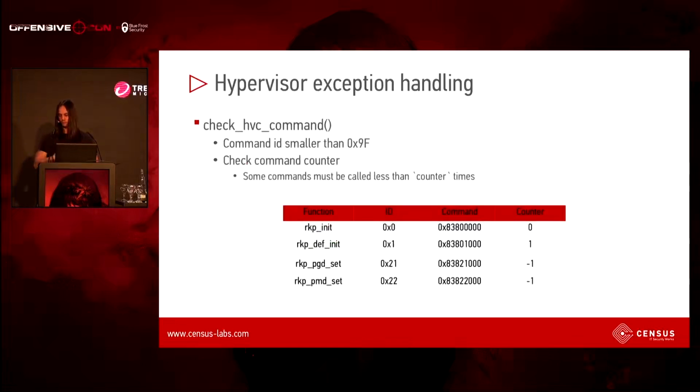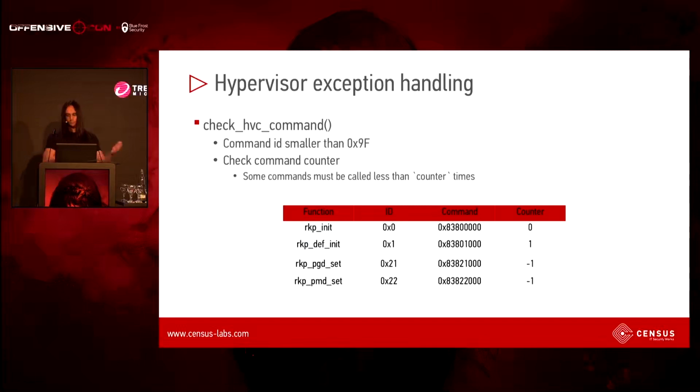But before discussing the function, let's see, for example, the second entry, which is RKP deferred init with ID 1. So how do we fix the command for this ID? We shift 1 by 12. So we get hex 1000 and OR it with a prefix. So you can see right next the command that is required to be in x0 for us to reach RKP deferred init. The check HVC command function is RKP specific, and we're going to discuss it because it brings an interesting requirement